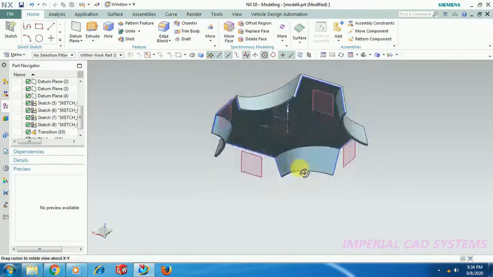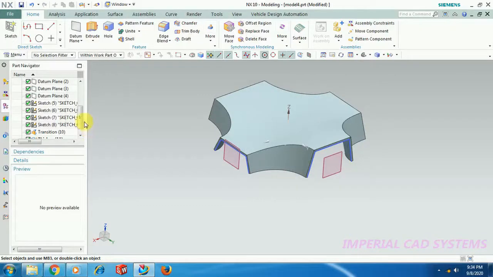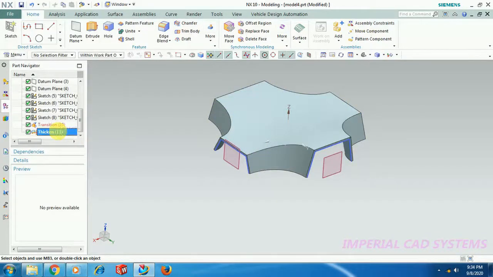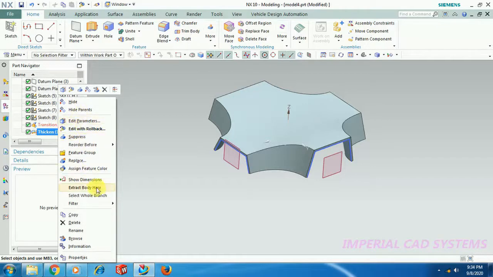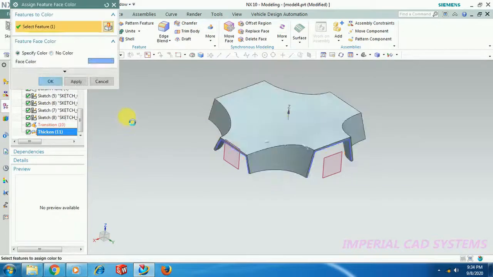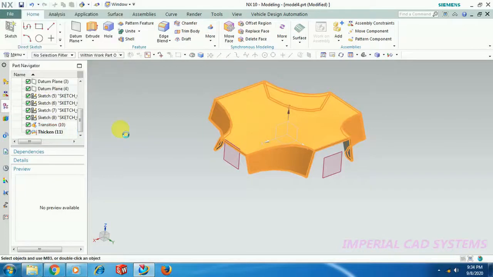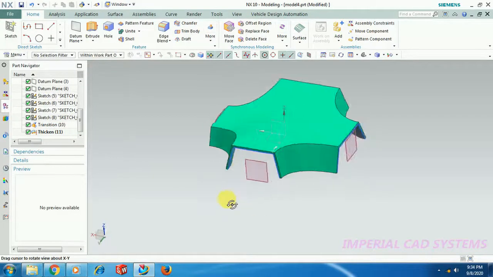So this is the transition option. Just applying a color.